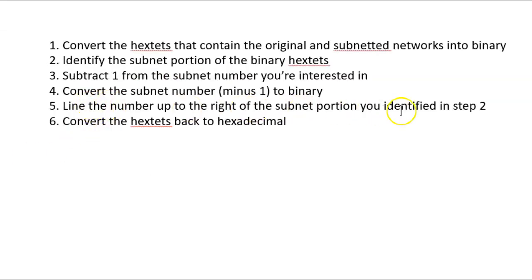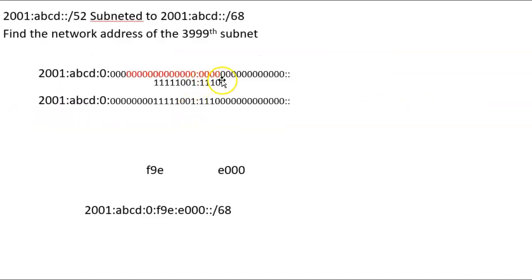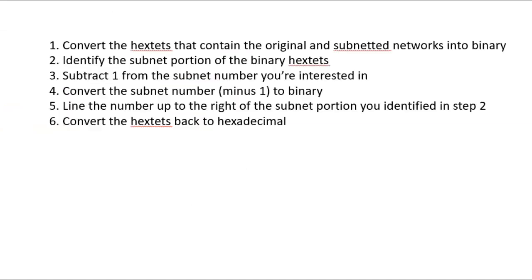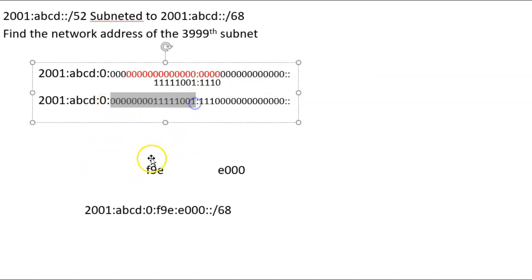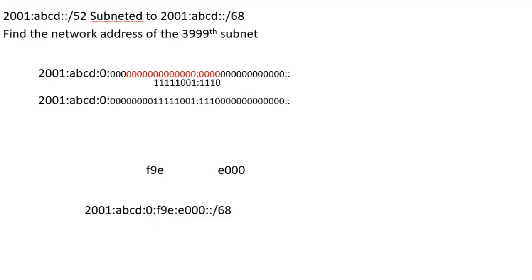Line the numbers up to the right of the subnet portion you identified in step 2. So you notice I lined it up right here to the right end of that, and then convert the hextets back to hexadecimal, which when I converted these back to hexadecimal, I got an F9E and an E000, and so that gave me my final solution. And that's it.